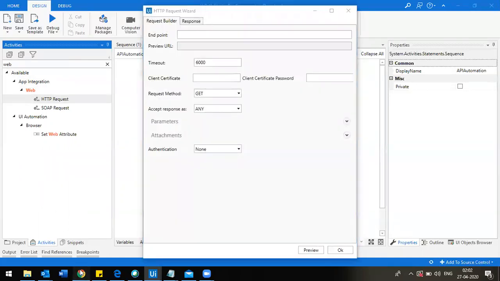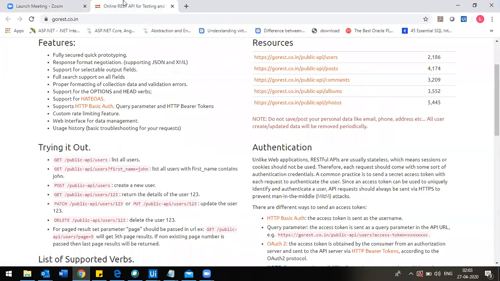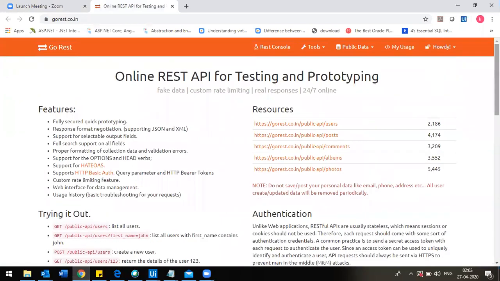Before going to explain, I already opened one website. This is called gorest.co.in. This website helps you to practice more on APIs. It will give you all APIs, like you can perform all CRUD operations. CRUD in the sense you can create, delete, or update the request, or any kind of CRUD operations.